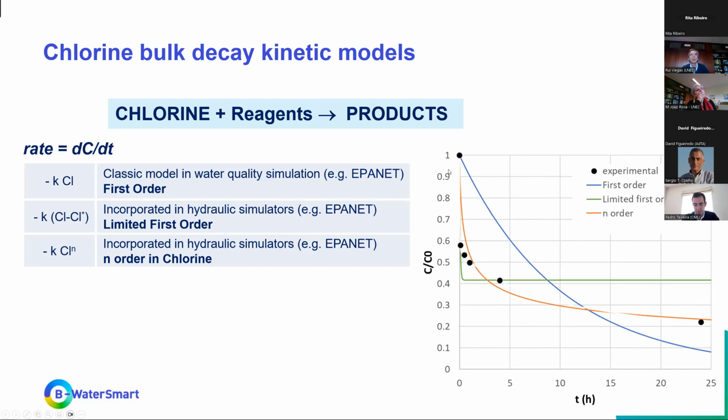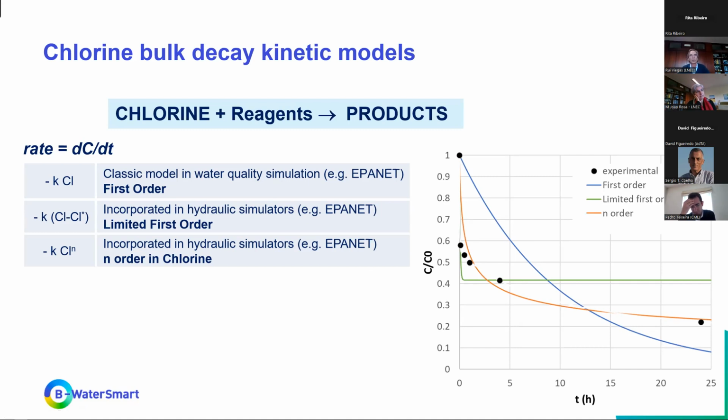The limited first order model can also be used in EPANET, represented here by this green curve, which also doesn't capture this two phase decay. The nth order decay of chlorine provides more